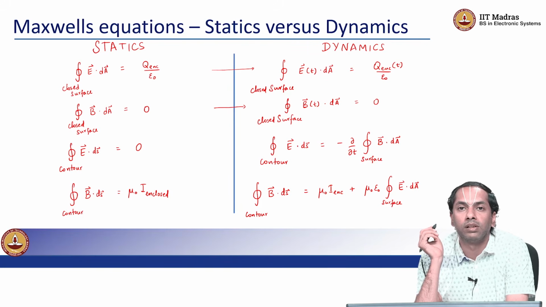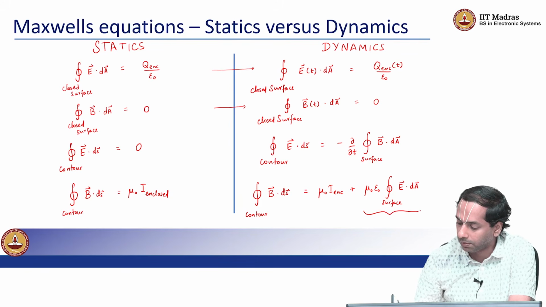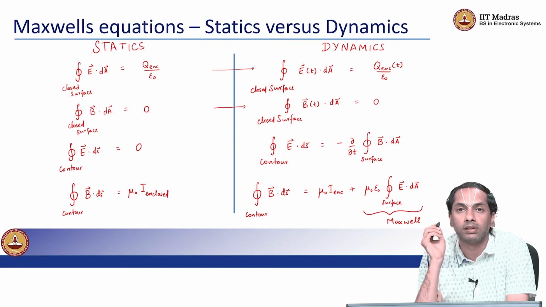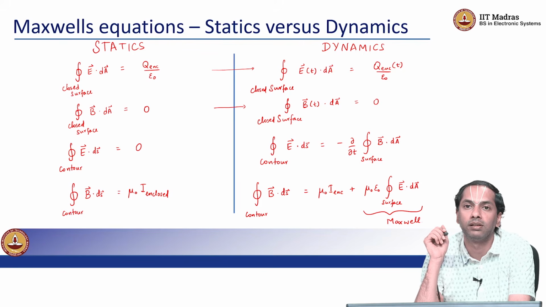So, the last equation is popularly known as the Ampere-Maxwell equation, the last term being the contribution by Maxwell. I would say the entire set of 4 equations is actually called Maxwell's equations just from this simple addition. While it might look like a very simple one term that has been added,